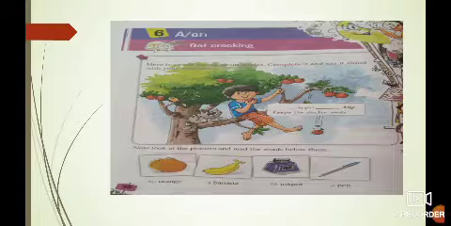And next one is an. An is, we use an before vowels or whatever words start with vowels. Like orange. Orange starts with O and O is a vowel. So before orange we'll use an. Ink pot. Ink pot starts with I and I is a vowel. So before that we'll use an. Okay. Apple. Again A is vowel. So before apple we'll use an.